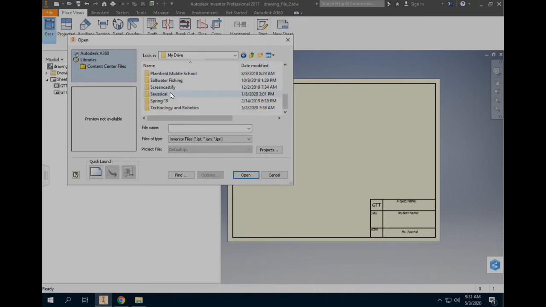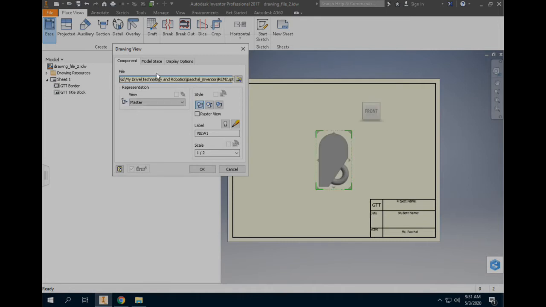and I'm going to my Technology and Robotics folder that I created, the Inventor folder that I created, and there's my REM2 part. So I double click that, and now it gives me a preview right in the middle. Notice my scale is 1/2 size, so I'm going to leave that. I'm looking at my front view, and I'm going to drag that down to the lower left-hand corner of my